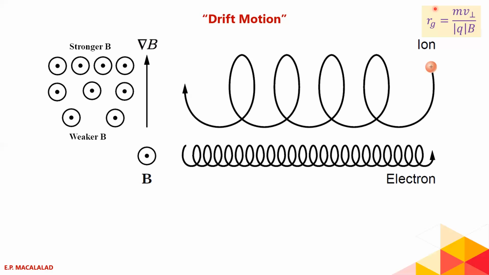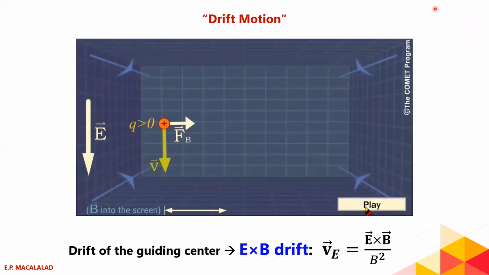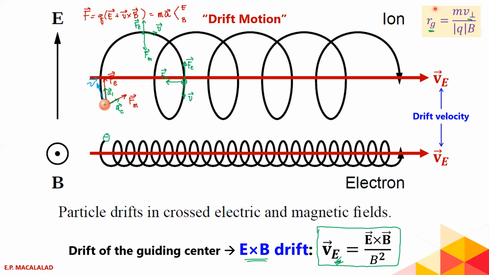Now comparing to the E cross B drift, regardless of the sign of the charge of your charged particle, the E cross B drift would still be in the same direction and with the same magnitude. So whether you have a heavy positive ion or a light electron, these two charges will still drift with the same drift velocity. So they will drift in the same direction with the same speed. Whereas